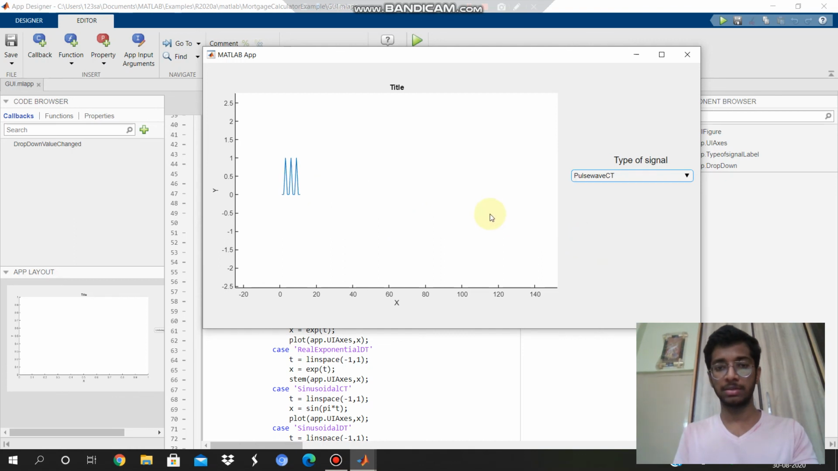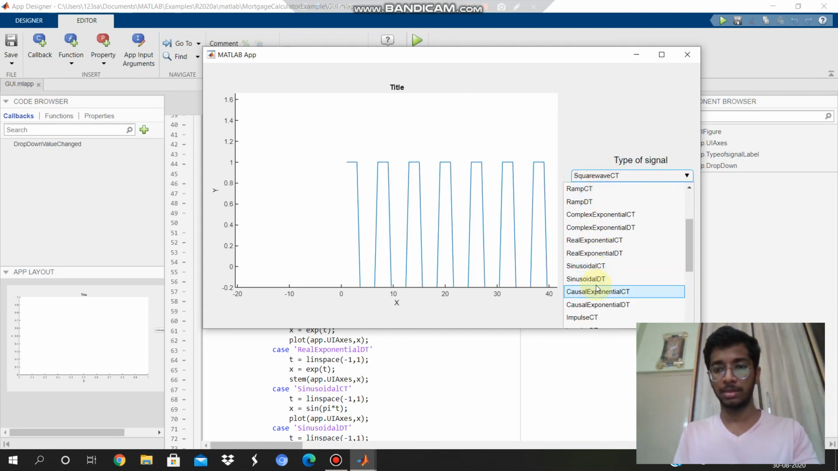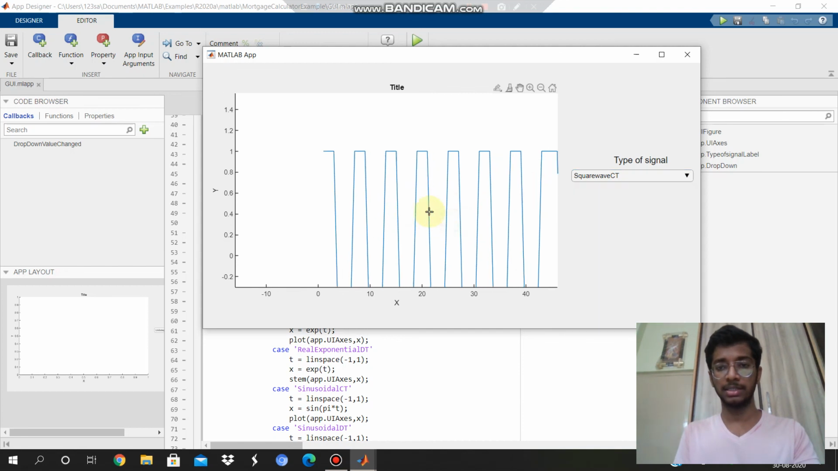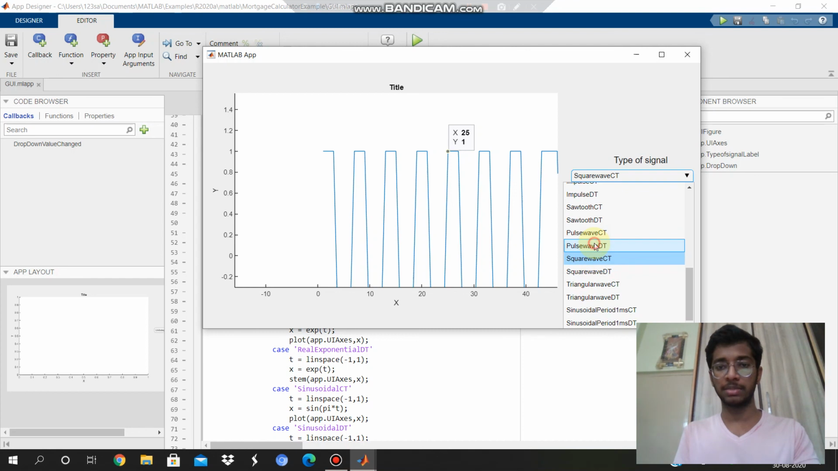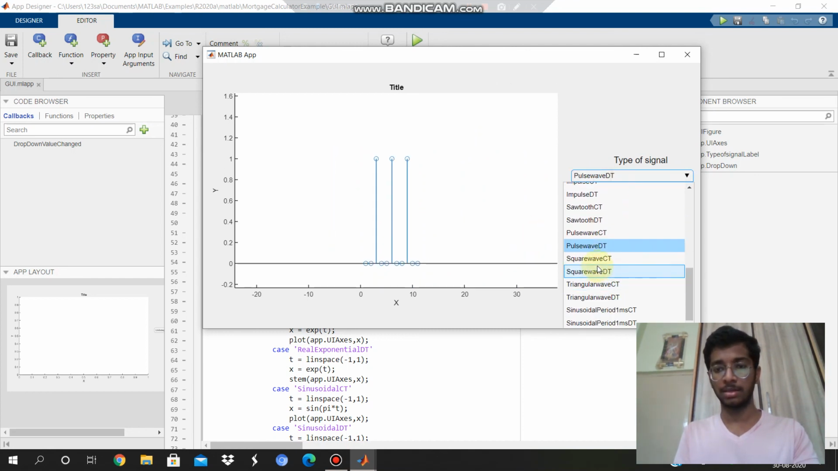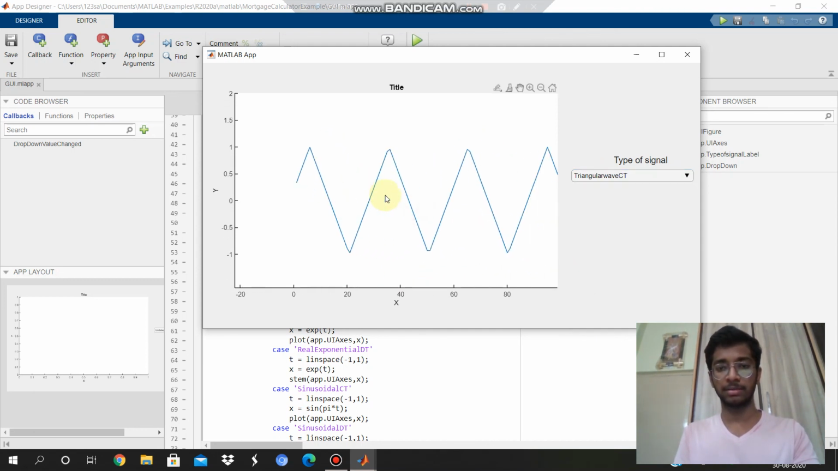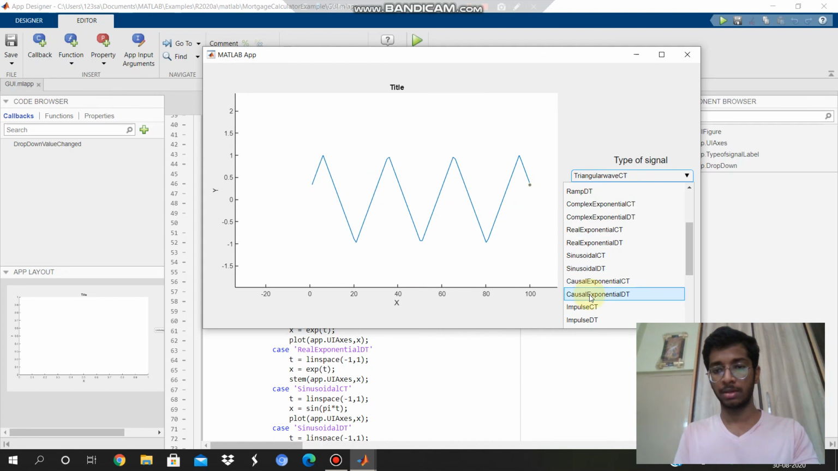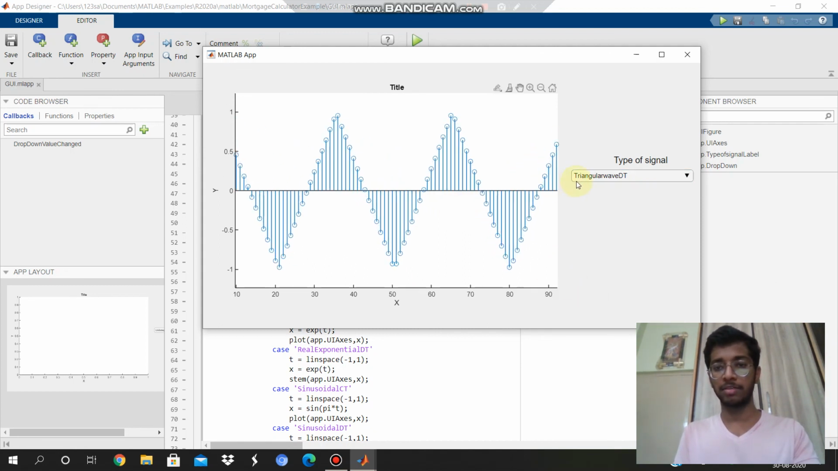And for pulse wave, this is the graph CT. And this is for square wave CT. And for pulse wave DT, this is the one. And for triangular wave, this is the CT graph, and this one corresponds to the DT graph of triangular wave,